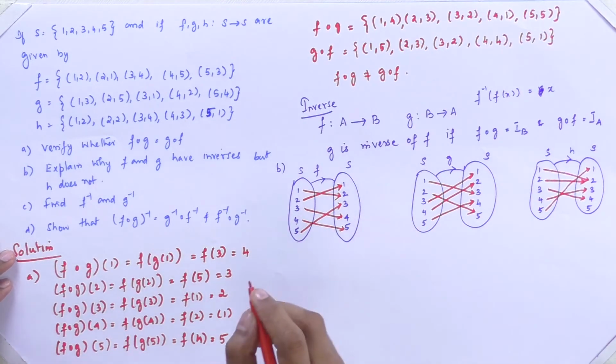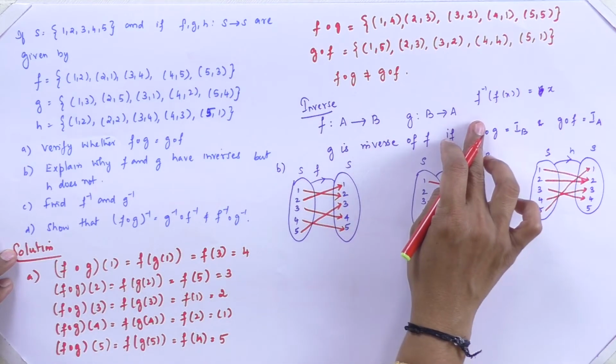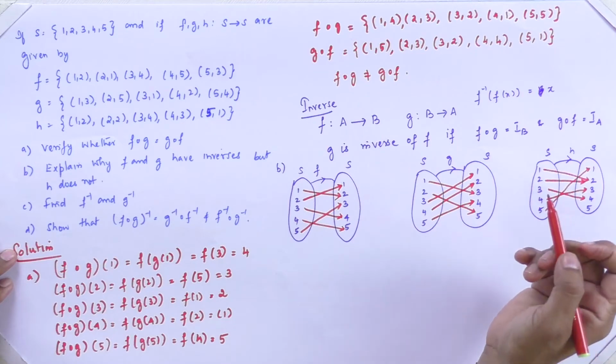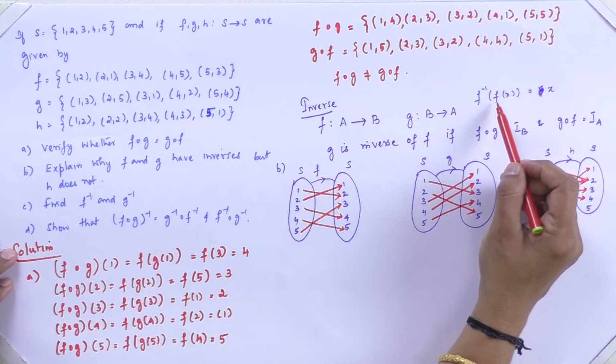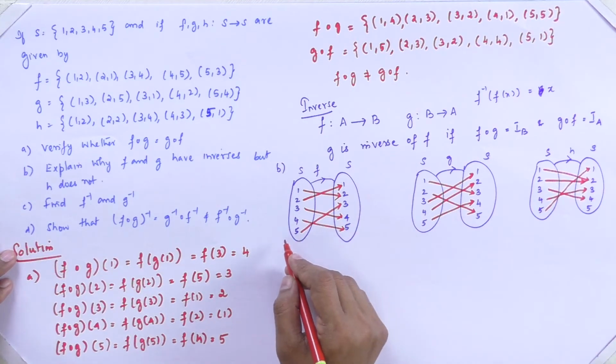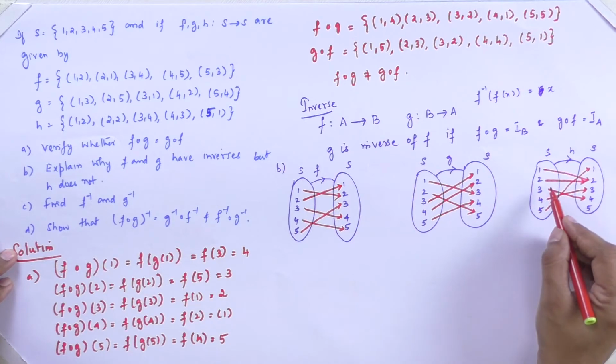So therefore, by saying the inverse function, we can also say that whenever the function is a bijective function, then it has an inverse function, right? That way also we can say F inverse of F of X is equal to X. So now here that is true, and here again this is also true, but then here you see, this H